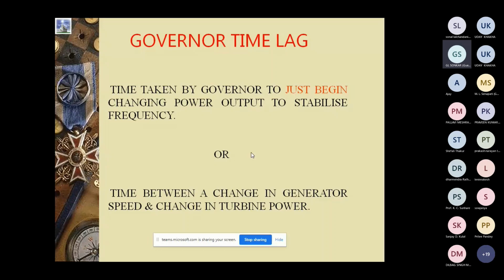One thing I want to tell: there is a governor setting. Suppose there is a fault and you want to close the governor very fast to save the machine. If it is very fast, what will happen? Positive pressure will be created in the water conductor system or the penstock. There is a possibility it may burst due to heavy pressure. And when you open, it should again not be very fast. You open in such a way that the water going down and the water coming from the reservoir take some time. Otherwise vacuum will be created.